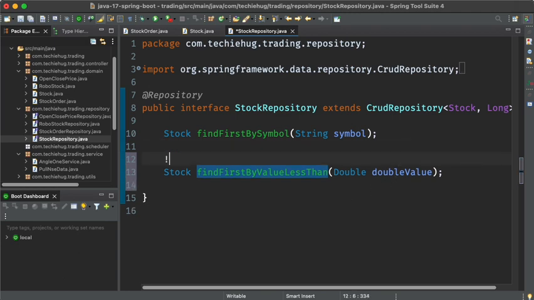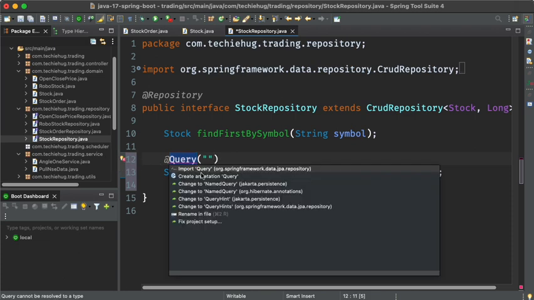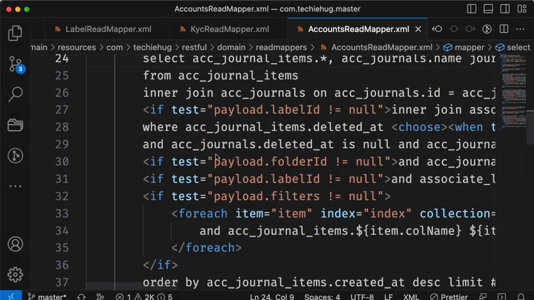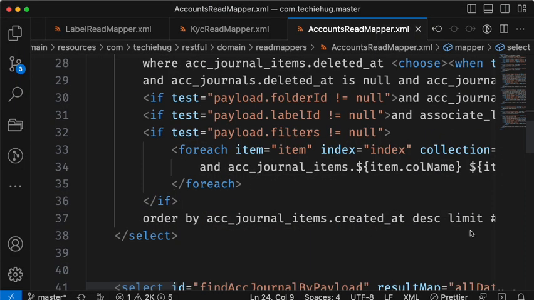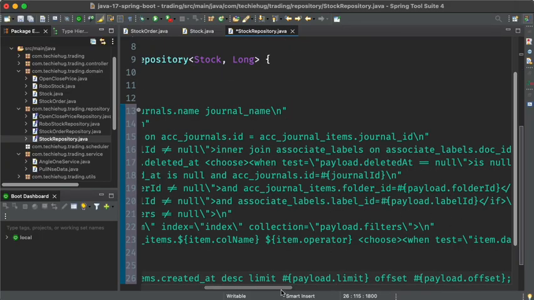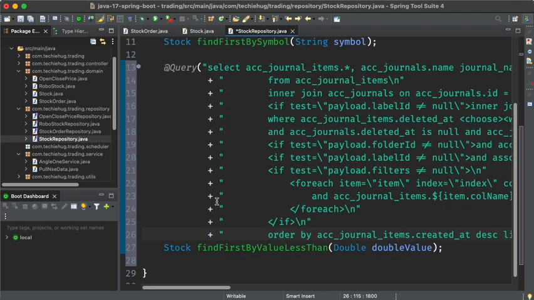For example, I can come here and use the Query annotation, correct? You can put your query right inside this annotation. Let's take one of the examples. This is one of the queries from one of the ERPs that I'm working on. If I go and paste it here, you can see that